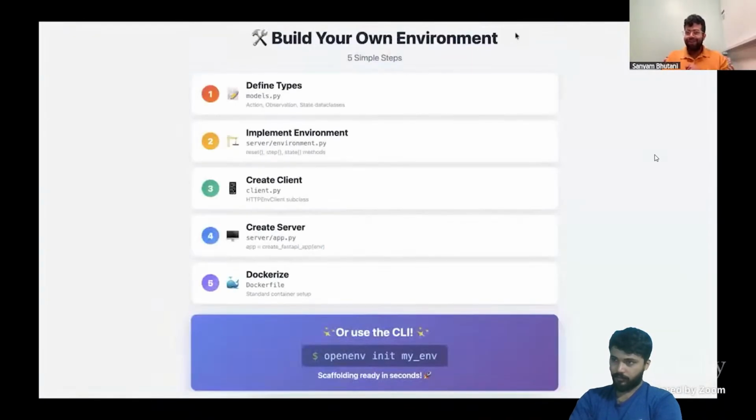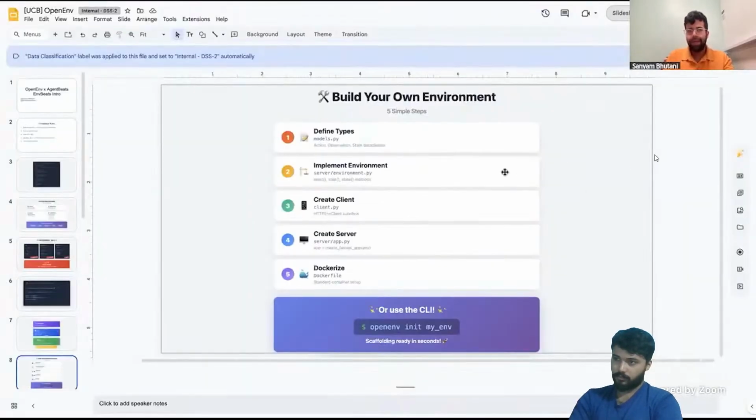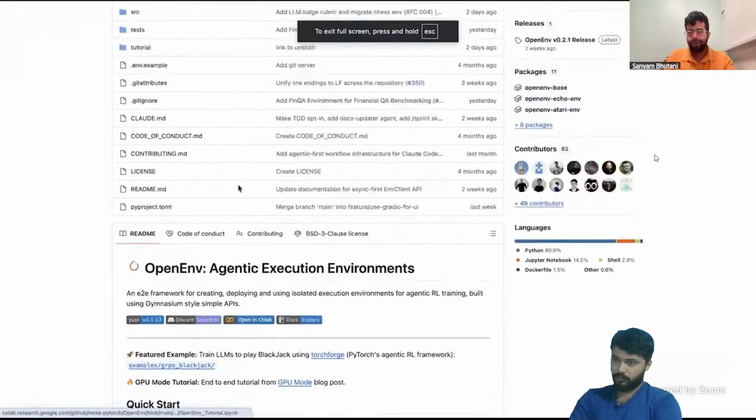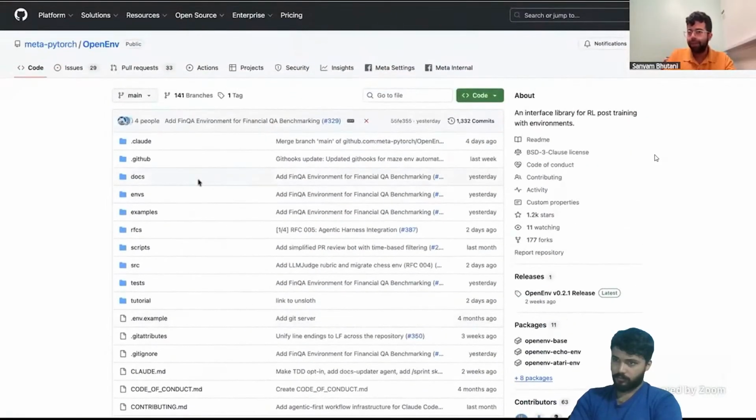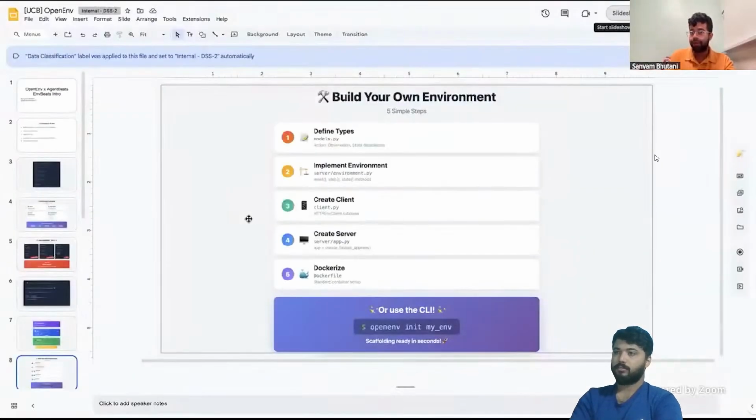Now, to make sure that this is a success, we have defined a nice set of specifications and a solid set of RFCs. I'm going to only talk about a few of those, but I invite everyone to find them in our GitHub repo. If you do not agree, please roast us in the issues or send any complaints you have to us. We're doing this for you, and we're doing this because we care about making sure everyone can train their agents